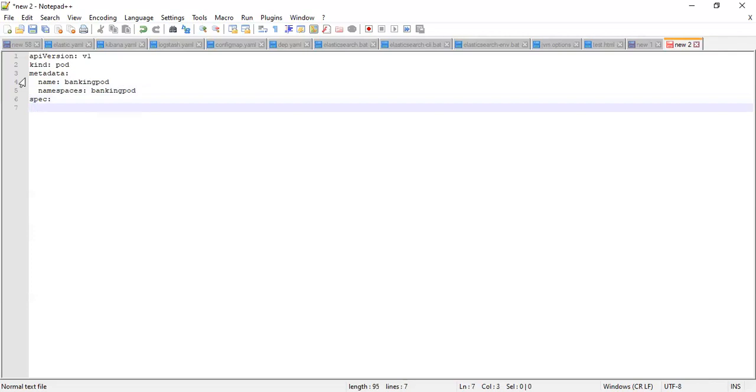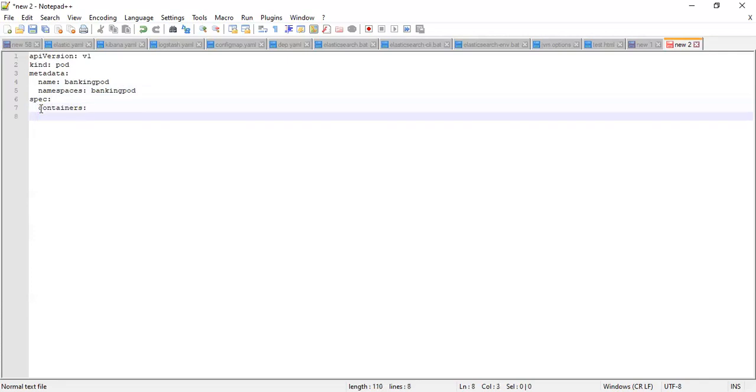So these four tags are very common: API version, kind, metadata, spec. After that, you need to specify all the other details here. So, containers. When you specify containers, you need to specify each container, maybe by name. This pod will contain